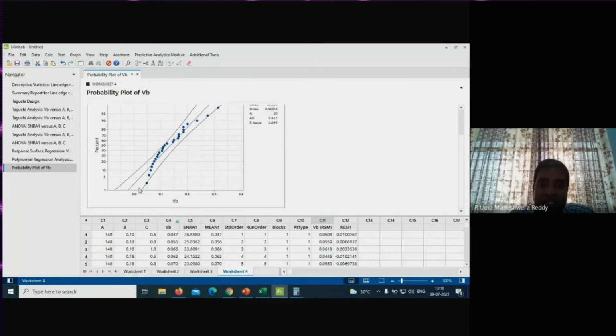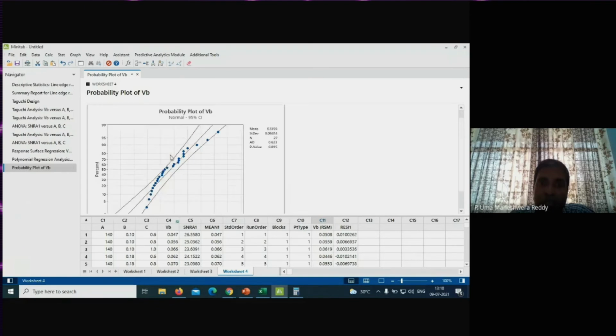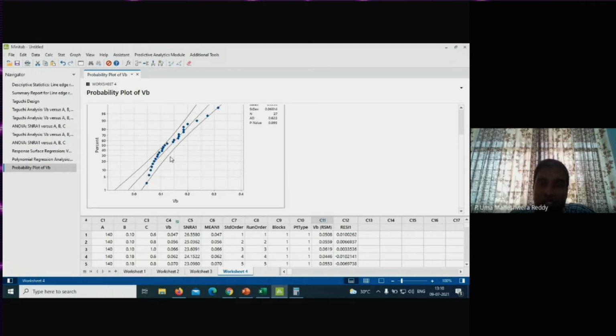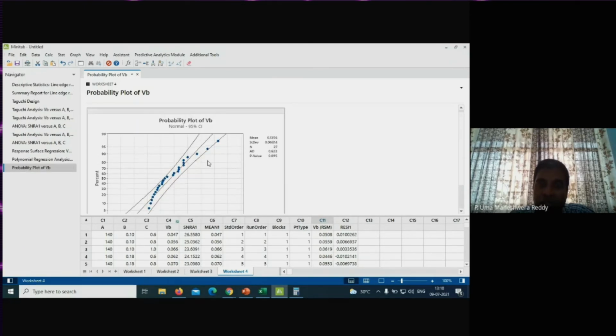In between, you have a fitted line. In between these two curves, the center line is a straight line, and this data follows the straight line very closely. So it follows the normal distribution. That means the model is adequate, correct? You establish the right relationship between the input and output.